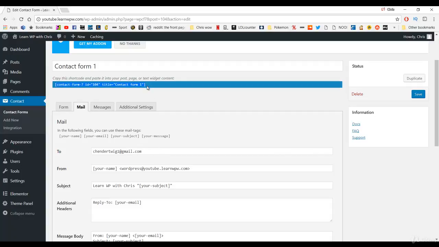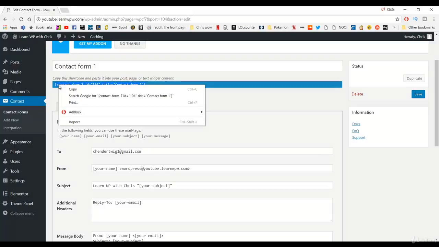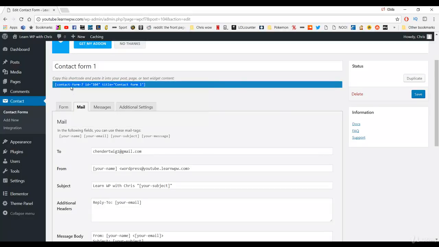And all we have to do then is see here, this is a short code. We're going to copy this, and this is what's going to paste into our page. So you see here where this short code is, we want to copy that whole little line of writing, and then we need to go to our pages and all pages,